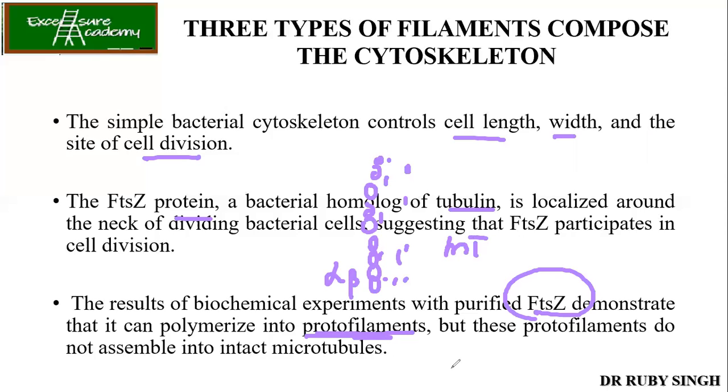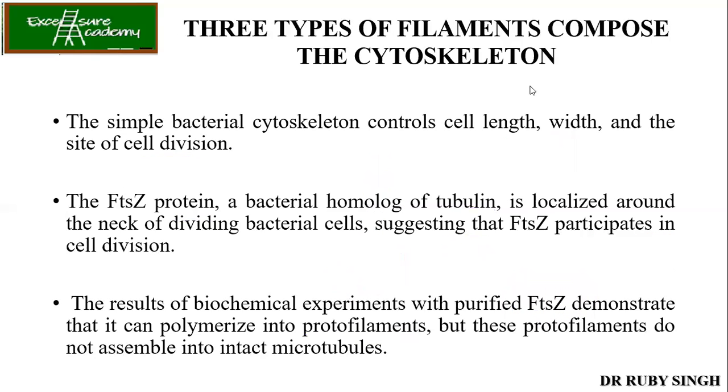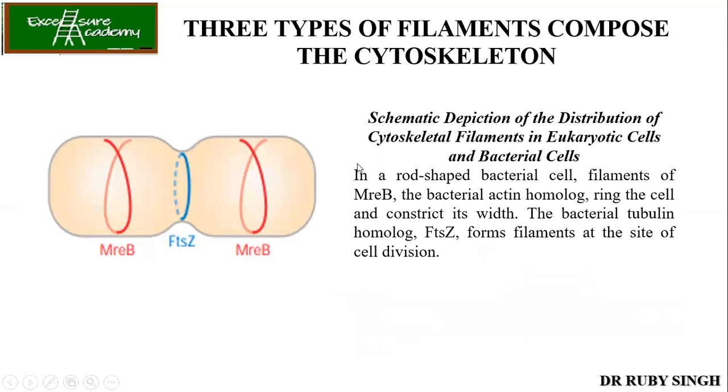So what is the difference? In eukaryotes, alpha and beta tubulin come together to form protofilaments, and protofilaments come together to form microtubules, whereas in bacteria, they only form protofilaments. Okay, clear? Now what will happen? Bacteria start forming a ring, eventually leading to two daughter cells. I guess I have the figure also. Yes, over here in the figure, this is the protein FtsZ, my protofilaments. Slowly it helps, and the cell gets divided into two.